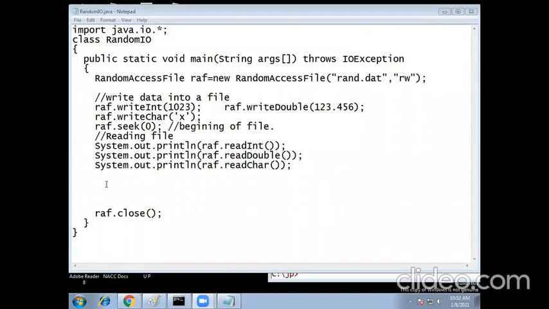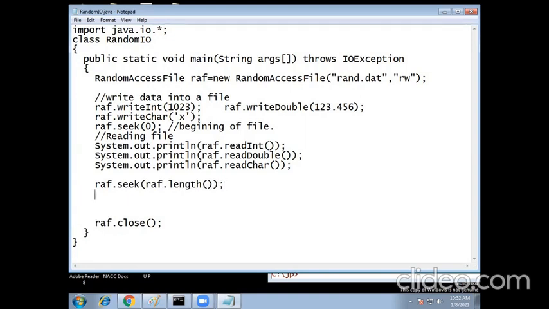So now if you want to append some more records, then what you have to do is first go to the end of the file. Now use RAF dot seek of, and find out the length of the file. There is a function called length: RAF dot seek of RAF dot length, which returns the end of the file. There you can add the contents.